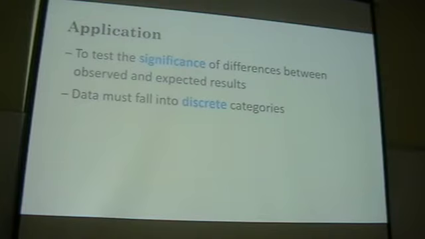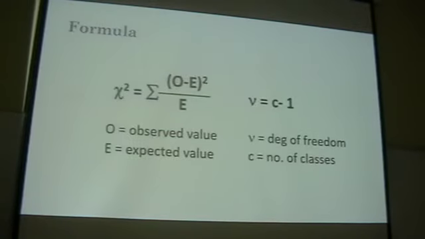More importantly, you will use the chi-square test when you see discrete categories, meaning discontinuous variation. So the chi-square test is for discontinuous variation, like gender, male or female. Or for example, color, whether it's a red flower or a blue flower. So only for discrete categories. Next, the formula for the chi-square test is as such. I think your maths is pretty good, so I don't need to explain what the summation sign is.